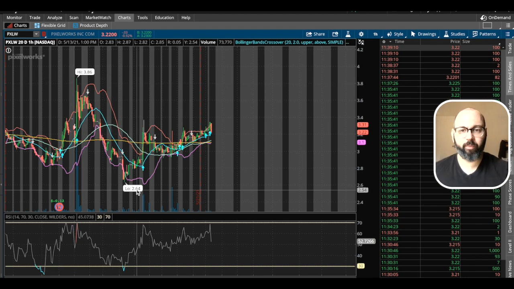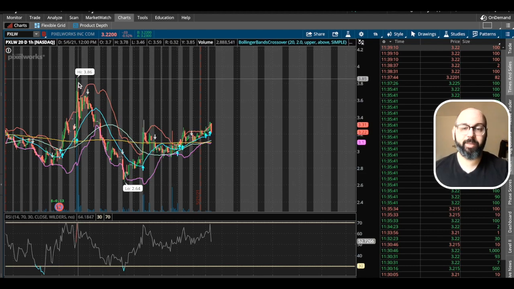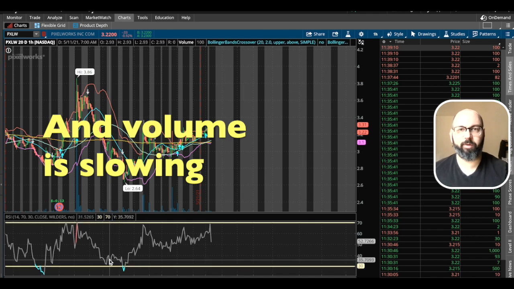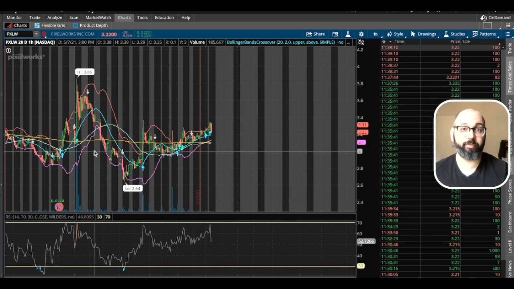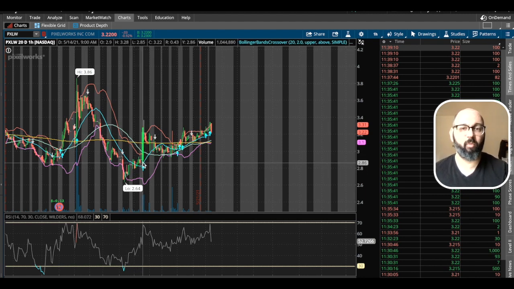The reason I would say it's probably okay to consider starting a position here is because of this massive sell-off, from 386 to 264. It's a huge sell-off. Because we've had this humongous sell-off, and we've entered oversold territory, it seems like the stock might be reversing. So you could start a small position. I never say go all in. Just start a small position and wait for more indicators to